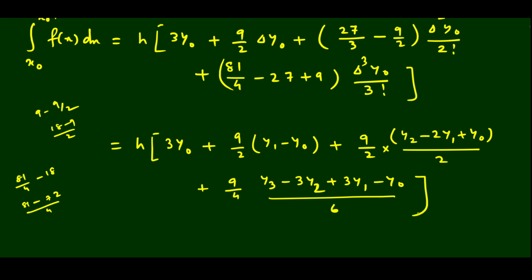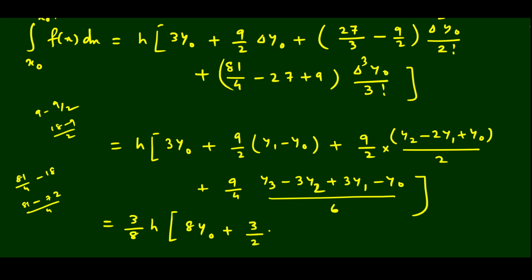Now, from all the terms, let us take 3 by 8 common, since the formula is known as the 3 by 8 formula. In the first term we have 3, but there is no 8, so it will be 8y0 now. Then the second term is 9 by 2. We can take 3 common, so 3 will still be left out.